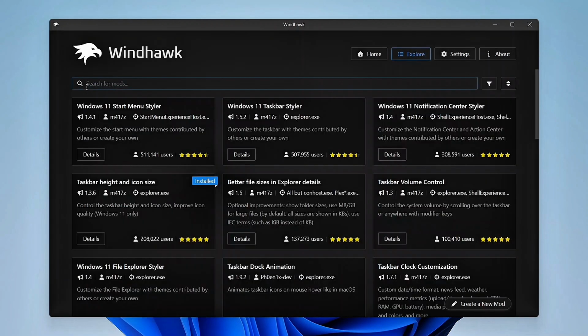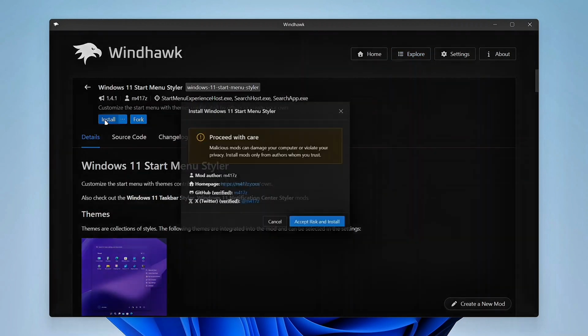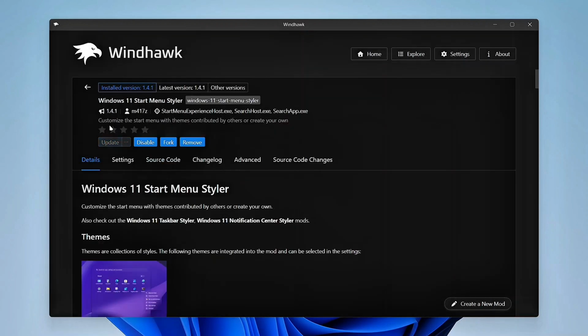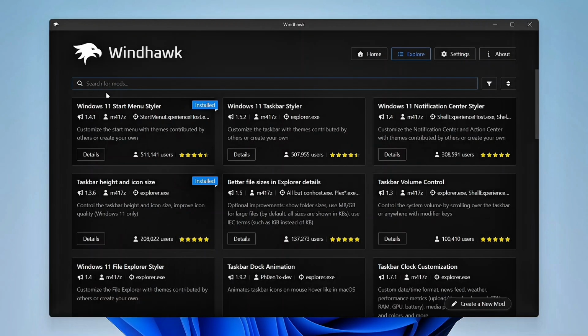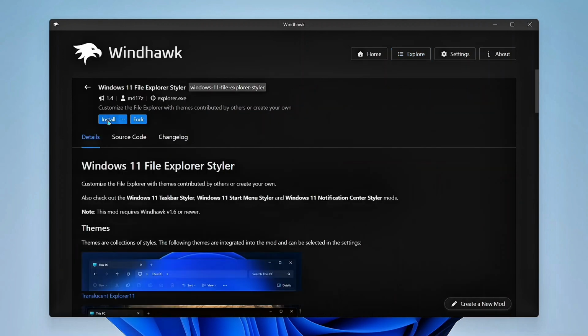Now go back. Now install Windows 11 Start Menu Styler. Now install Windows 11 Explorer Styler.